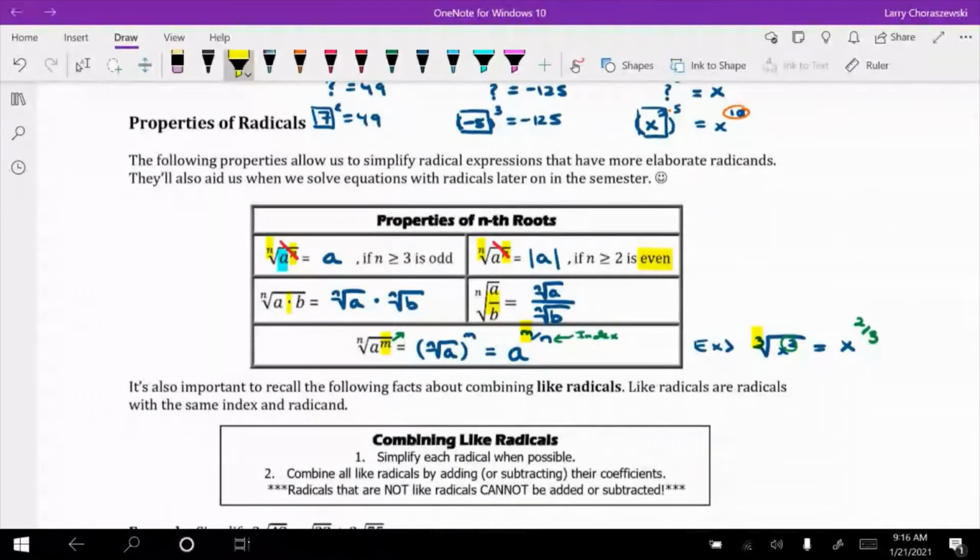So the next thing we'll review are like radicals. And like radicals are radicals with the same index and the same radicand. So for example,